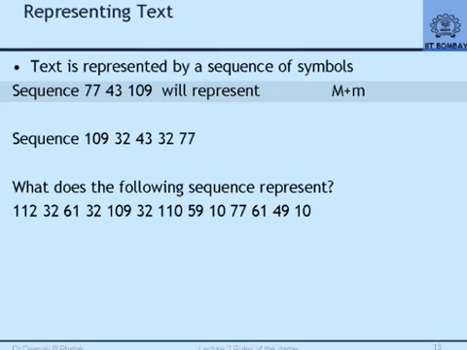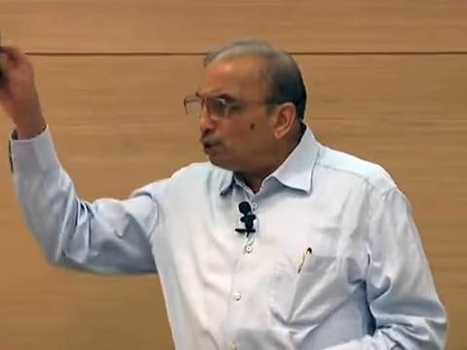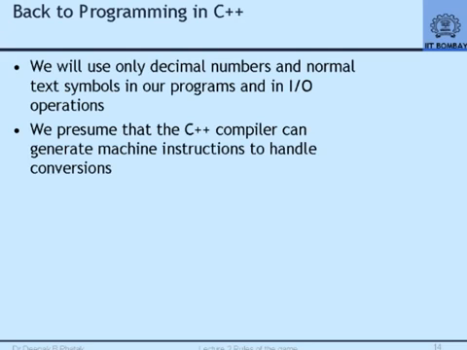So these 3 symbols correspond to these 3 values. And the question I was raising is, what will these 5 values correspond to? There is an additional symbol represented by value 32, which happens to be a blank space. That is why you see a blank space. All that I meant was that different symbols in my text will all be represented by a series of values, including the new line, which is a separate symbol internally, although it is not visible to us. Okay, so we get back to our programming.